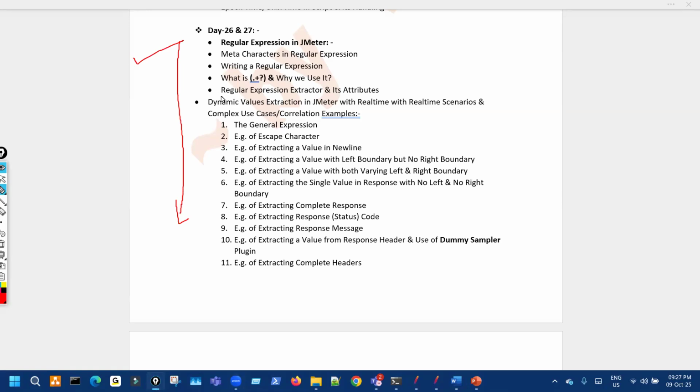So till yesterday we have talked about regular expression, and then attributes of regular expression extractor, why we use this symbol and all. Now today we are going to see dynamic value extraction in JMeter with real-time scenarios. Okay,